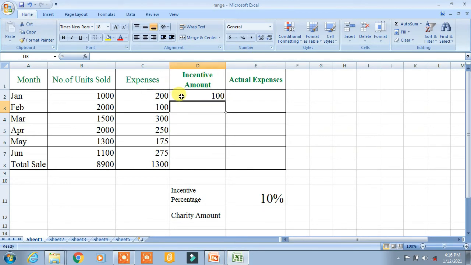The first cell address has no $ sign, so it is a relative reference, and the second cell address is absolute. Therefore, when the cell content is copied, the first one will change the reference in the new location, but the second will remain the same, that is $E$11. Now copy the total incentive amount to other cells by dragging the mouse pointer to the rest of the cells when it changes to a plus symbol. Children, hope you understood how to use absolute reference.